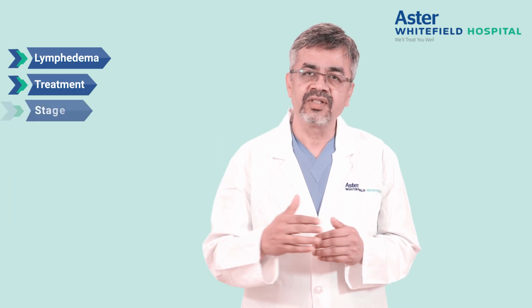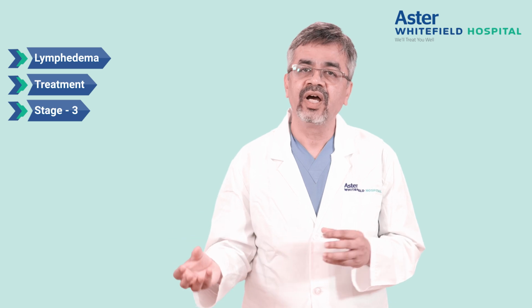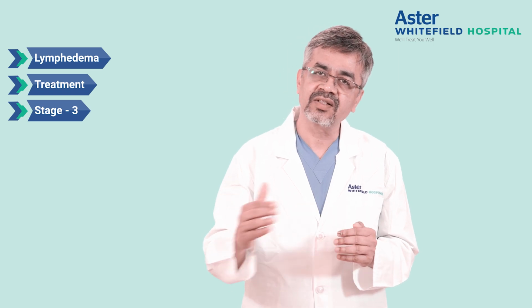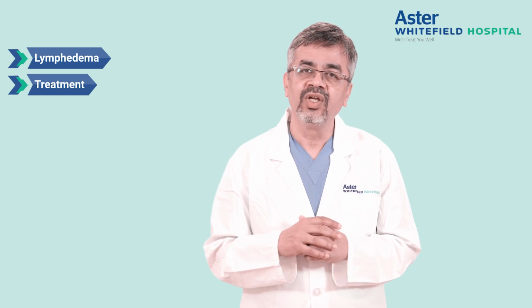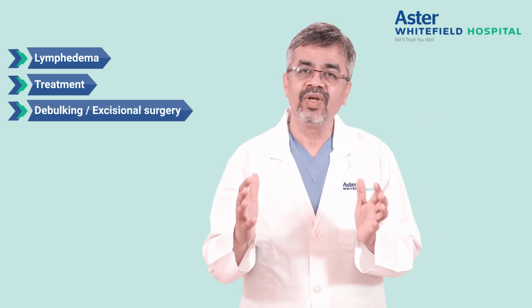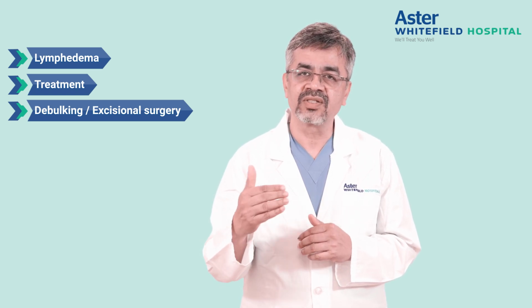In later stages, say stage 3, we can borrow lymph nodes from somewhere else and put them into the area where there is deficiency of lymph nodes. This also reduces the lymphedema. And lastly, when the disease has been there for long periods and the limb has become really big, we can do something called a debulking or excisional procedure, where the limb size becomes less